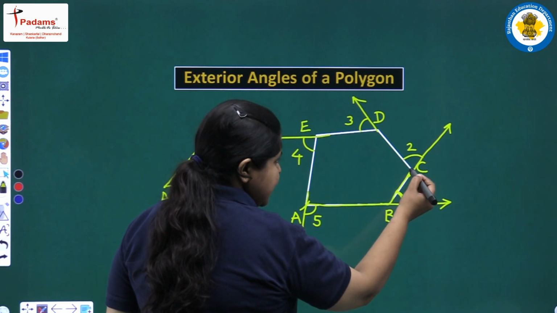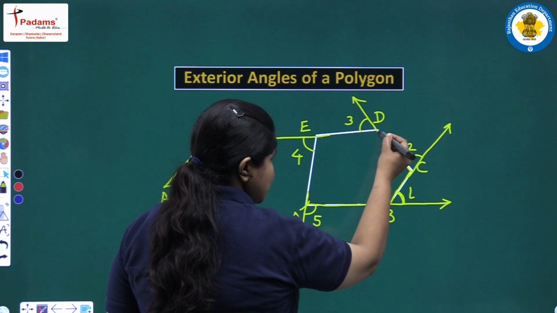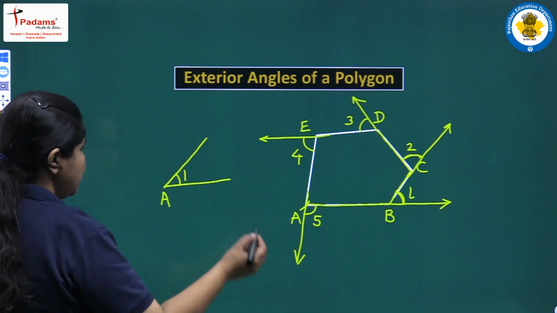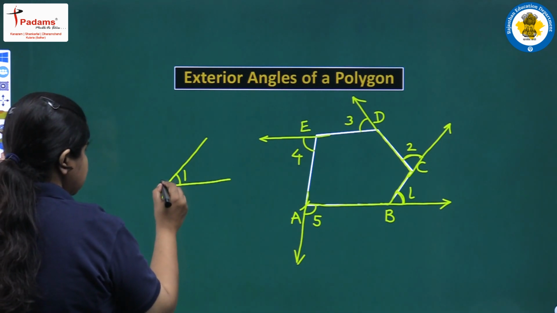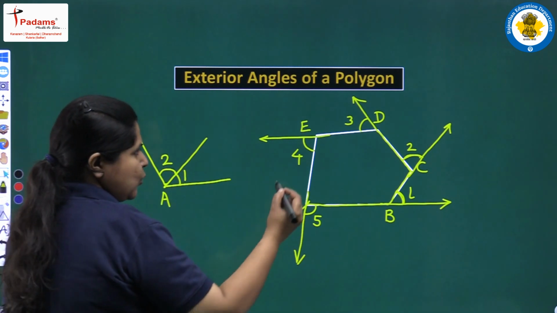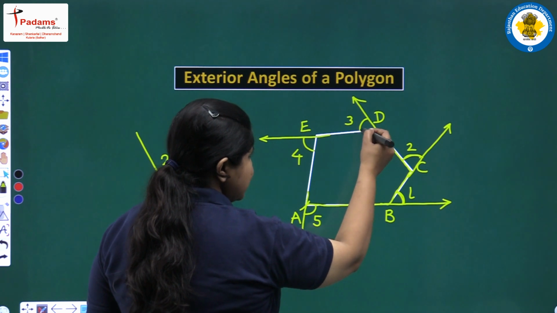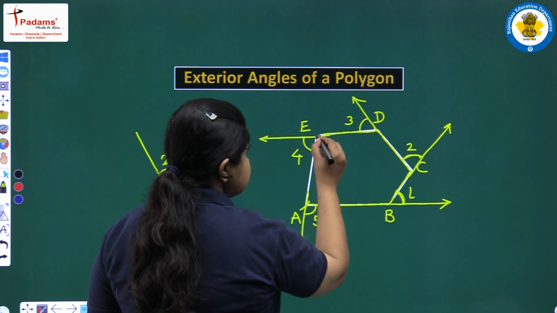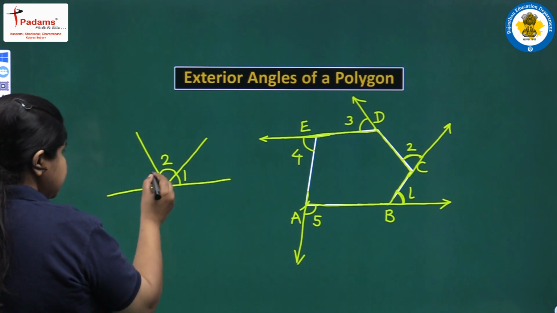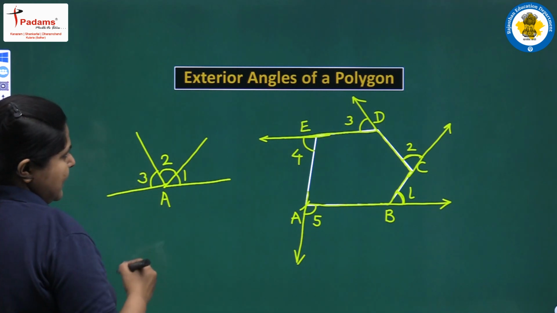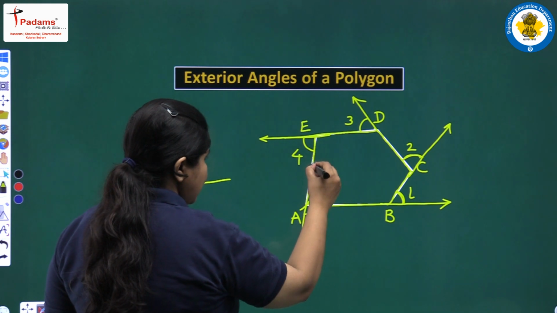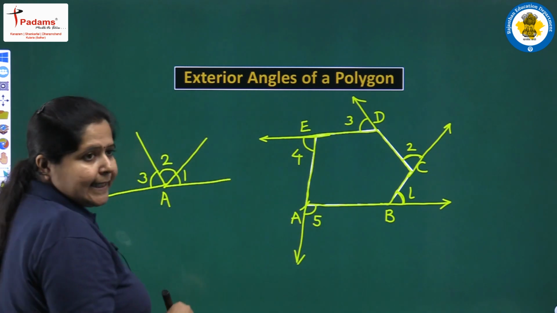Again at reaching C, we take a turn and move towards D. We take a turn through an angle 2. So, we are taking one turn in this direction through an angle 2. Now, on reaching D, again we turn through an angle 3 and move in this direction towards E. So, again we are taking a turn equal to angle 3. After reaching E, again we take a turn through angle 4 and move towards point A.